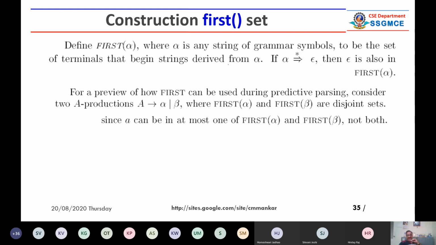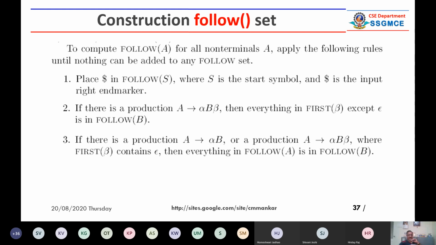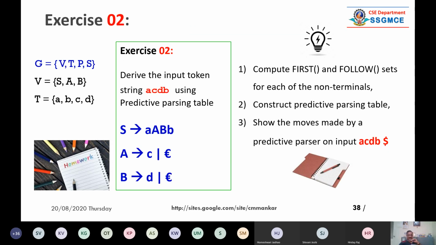Anyway, I'm just closing, but you download this and read the first set rules. This is the algorithm. Follow set rules. This is the algorithm. And this is one more example we shall discuss in the next lecture. But I request you to download the PPTs, and don't simply think that you just download and read it.